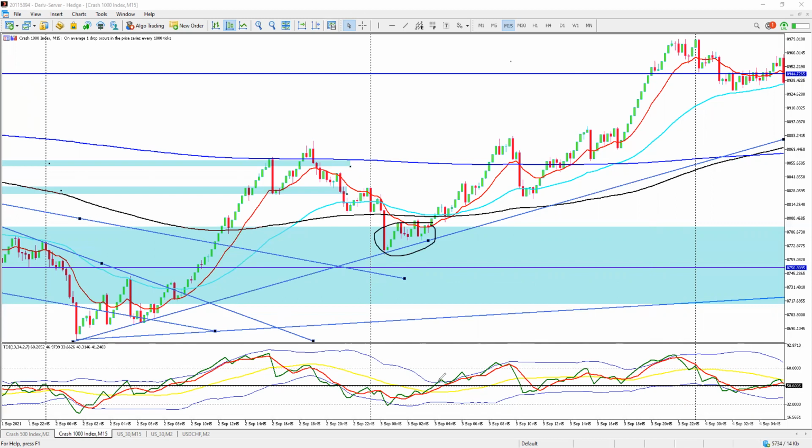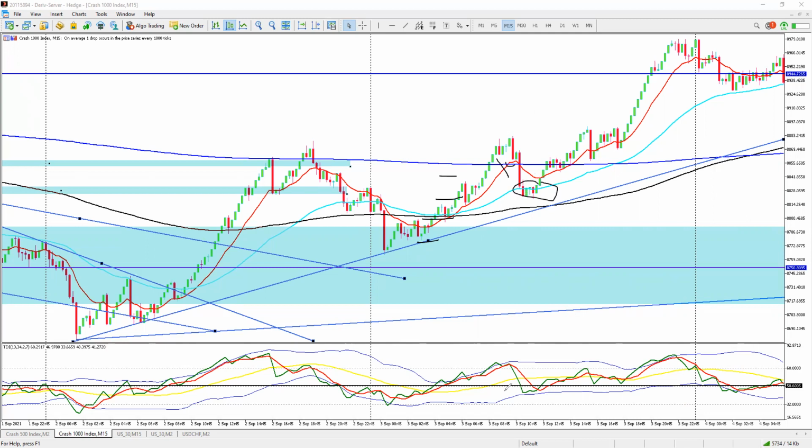As soon as you get your TDI showing you that there is volatility to the top side, you can safely open your buy, stop loss below the previous level, right? Take profits on the next level, which was still this one, or on the 800s. You can use your MAs as you take profits as well. So you were risking this much in order to get almost 2.5. Then the price pulled back,